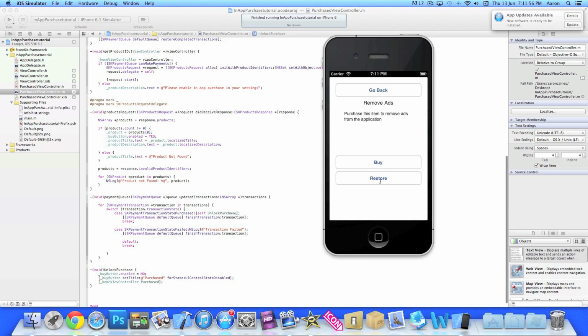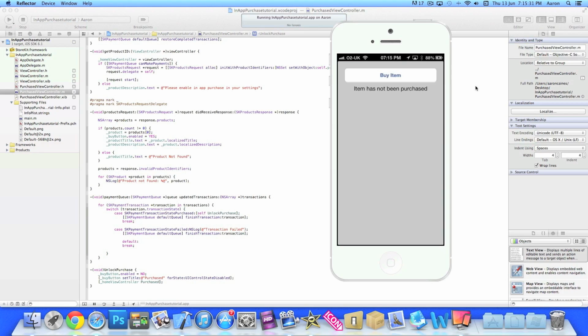Now, like I said, I'm unable to show you this in the simulator, but I'll bring up my device now and show you how it completely works. Okay then, so now you can see I have it built on my device. You can press buy item, and it all pops up there. But before we can purchase it, we can't use our currently live iTunes Connect account. What we have to do to test it